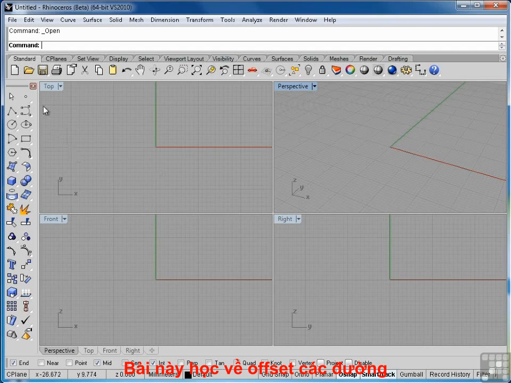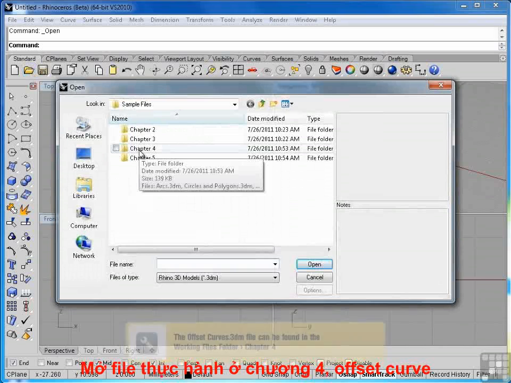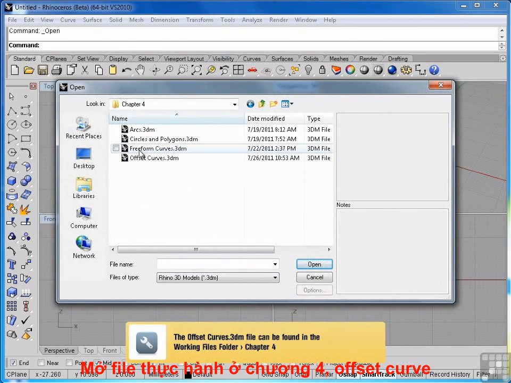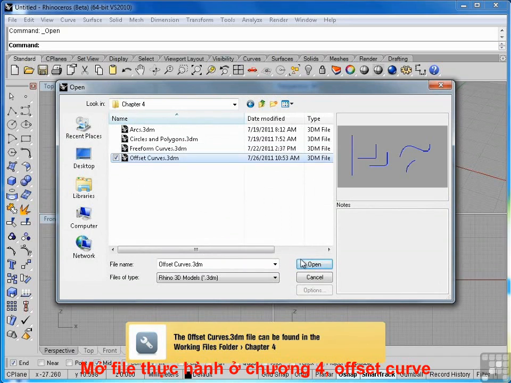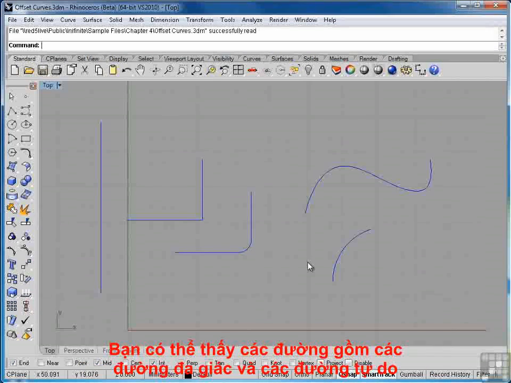We'll be looking at the offset curve command. If you'd like to follow along in your working files folder, go into chapter 4 and select the offset curves file. Here you can see we have several curves, some freeform, some polyline curves, and we're looking at them in